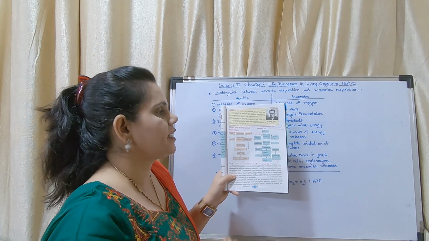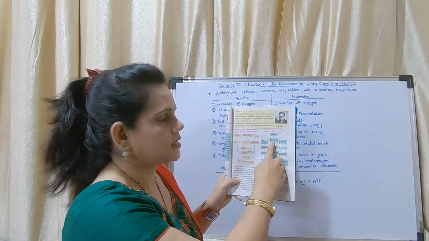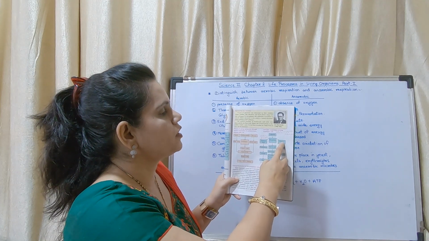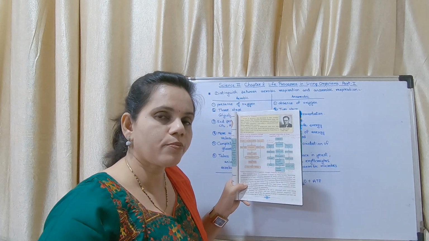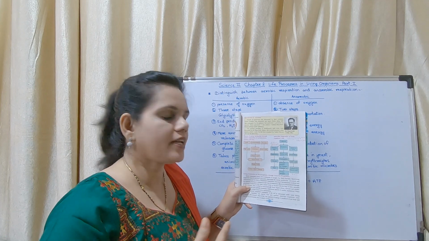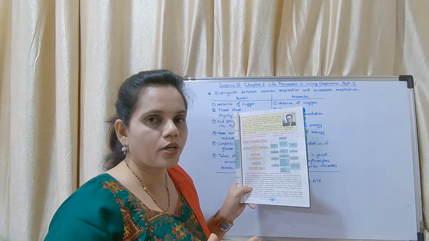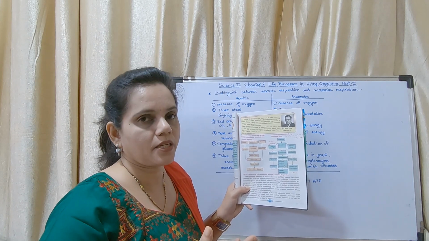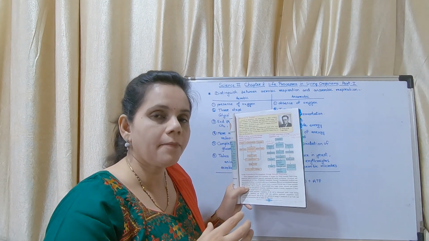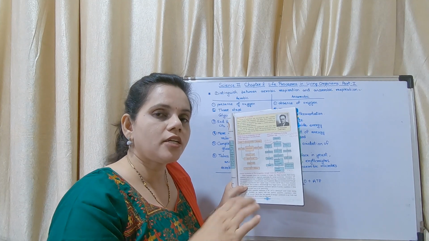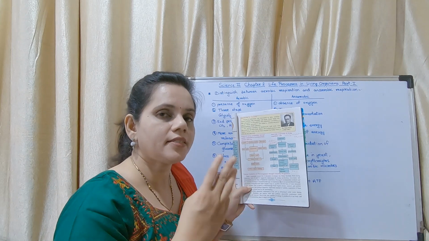Now, in case of anaerobic respiration, you may see glucose undergoes glycolysis to produce pyruvic acid. There are 3 pathways given, with 3 different types of products. In anaerobic respiration, it is not only CO2, H2O and energy which are produced. Different types of anaerobic respiration are there. We are having only a small topic of anaerobic respiration. So in anaerobic respiration, different products are produced. In our textbook they have given 3 products.